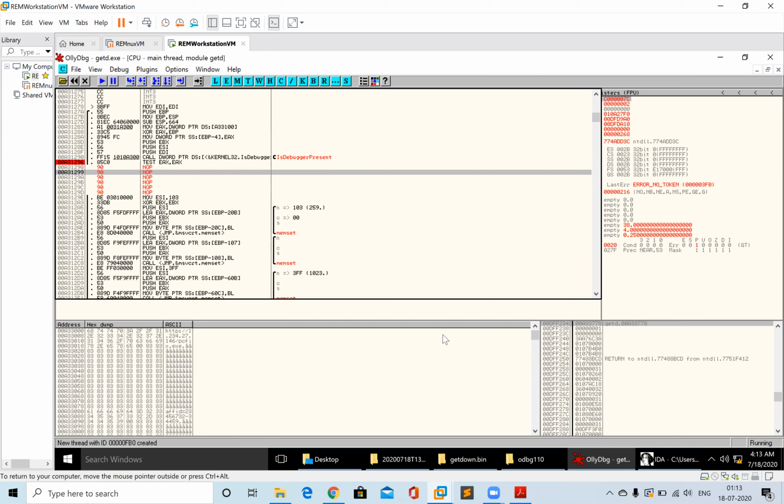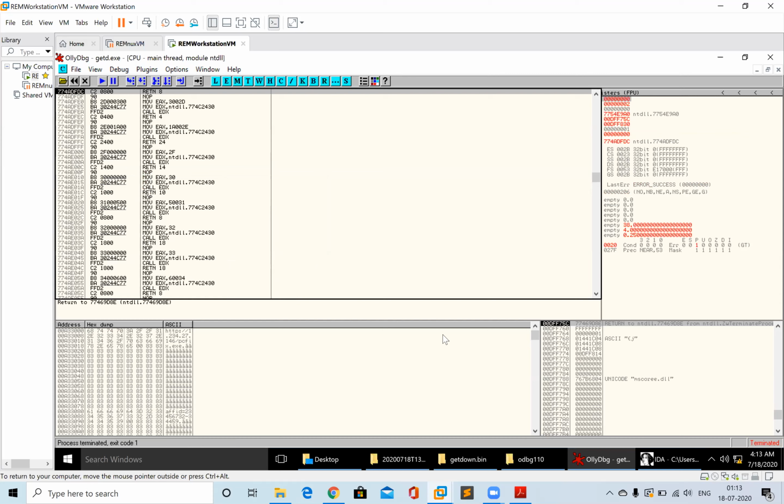Also, I'd like to say that this knowledge is not just for utilizing in malware. Suppose you are utilizing any software which has a license key, you can use this technique again and patch the software. Even if you give a wrong license key, the software will run. So you can use this knowledge.